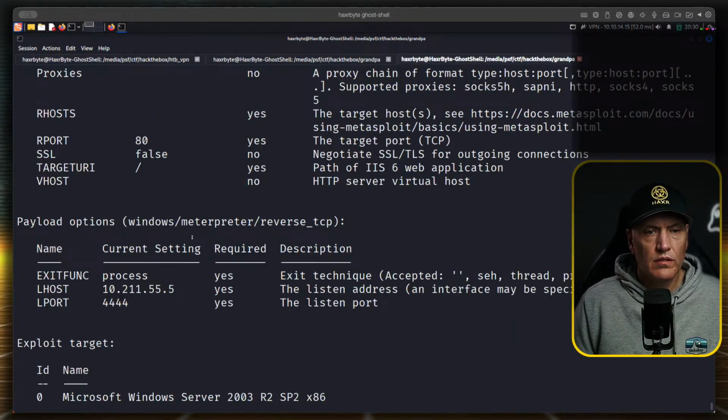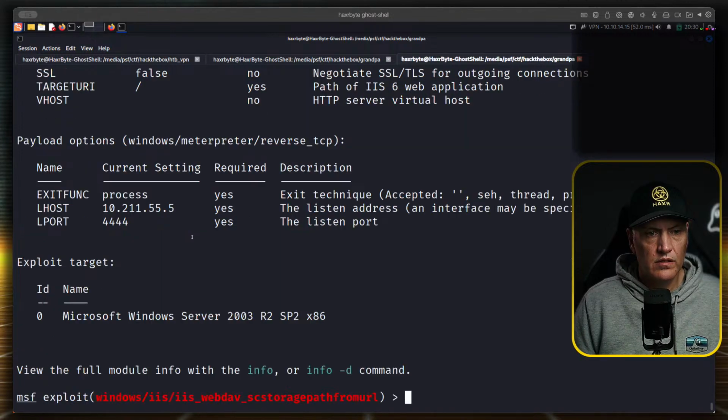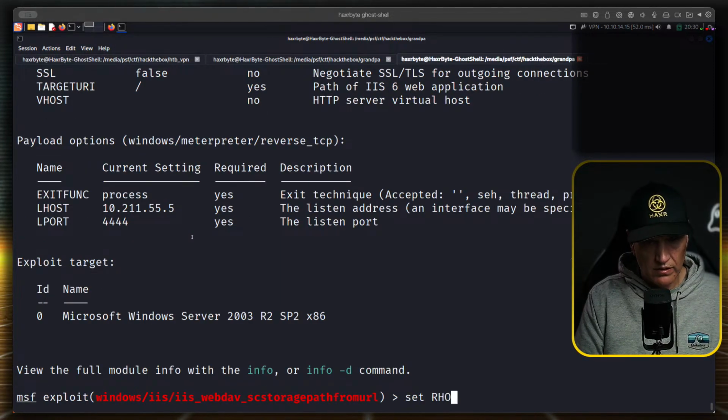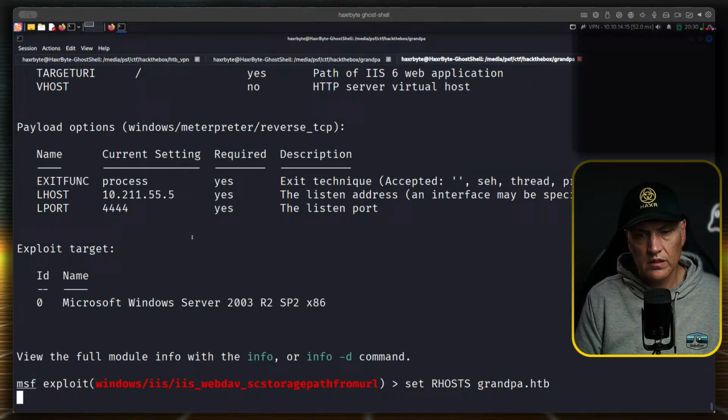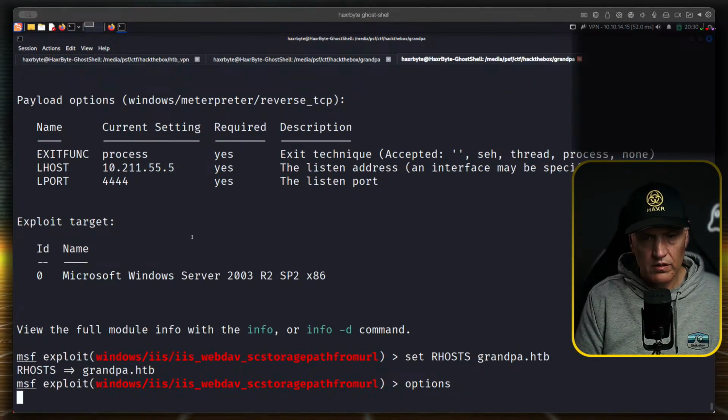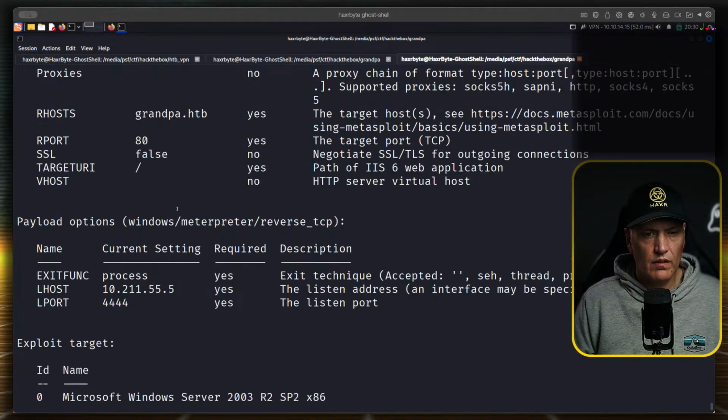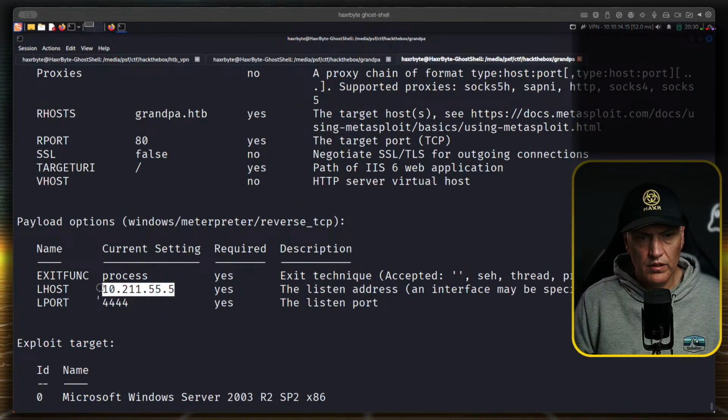So RHOSTS, set RHOSTS grandpa.htb, options. It won't work. It needs to be the tunnel IP address because that's the VPN tunnel.